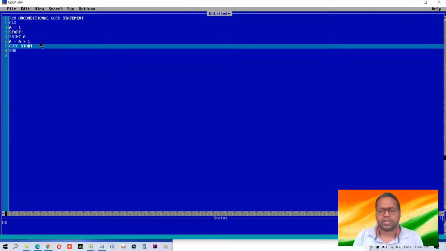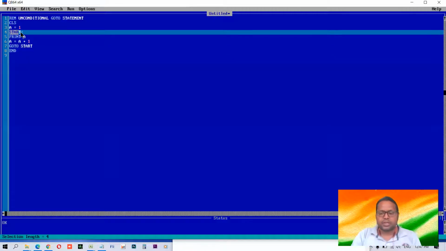Now what we have given, go to start. Now this is the major point. This is the important point. What we are saying, go to that room. As I said, start is a label. Now we are instructing go to start. Where is start? Start is in line number 4. Now what will happen? The flow of execution of the program will go back to line number 4, means that label wherever it is, and then it will re-execute all the code from there onwards. Means once it has already executed, it has printed the value of a as 1 and it has added the value 1 to the value of a and all.